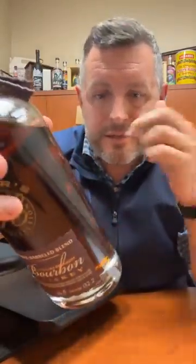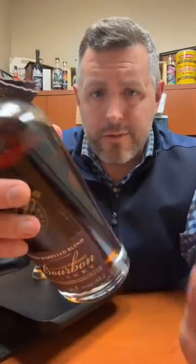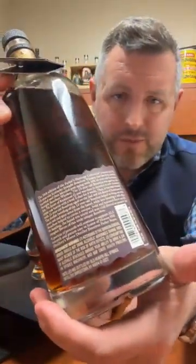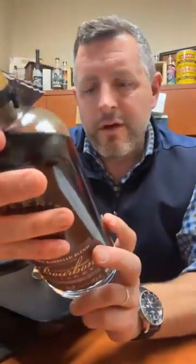label because it is so involved and there's so much going on here that it's not even really worth memorizing. So this has got to be, and look at the size of this print. Number one, this has got to be the most words on the back of a label that I've maybe seen